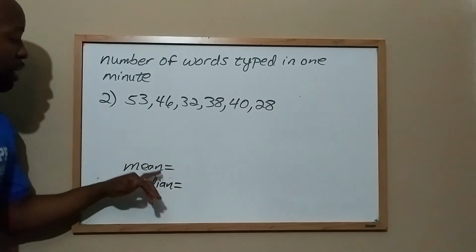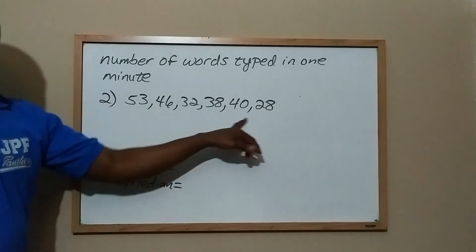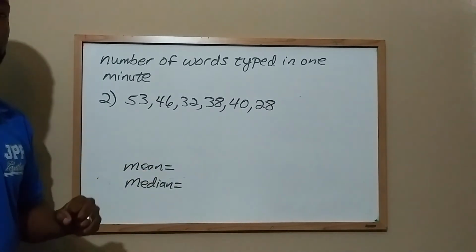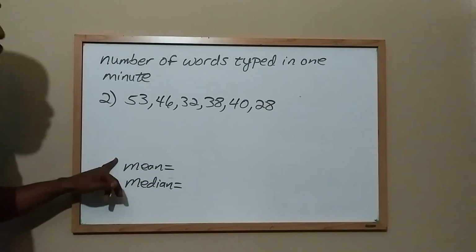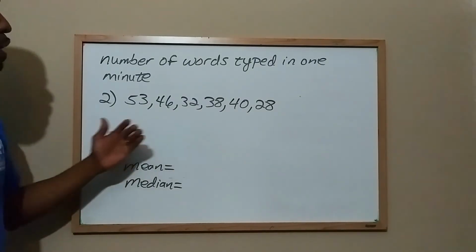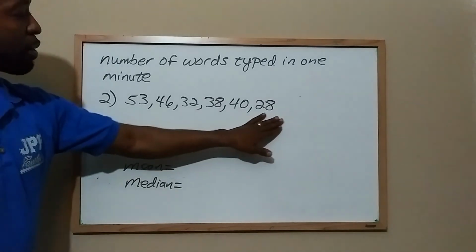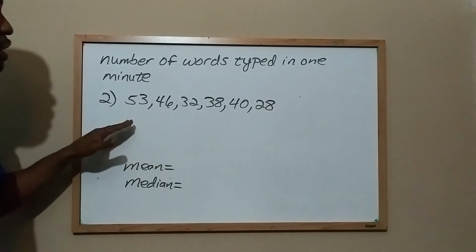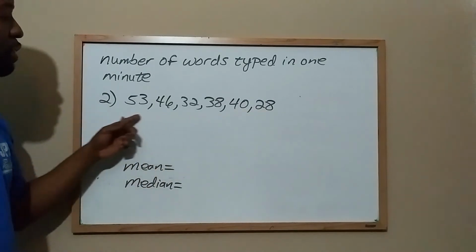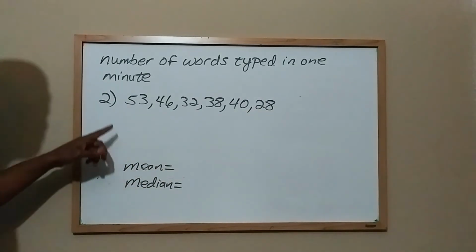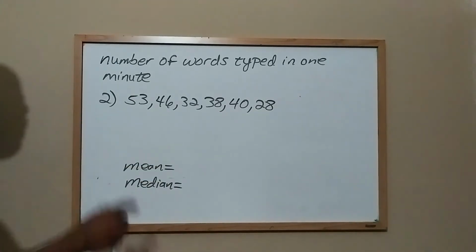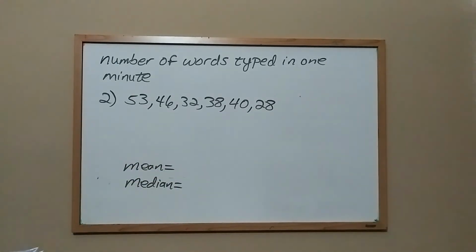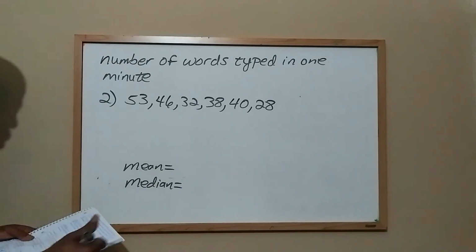So when I calculate the mean, the numbers do not necessarily have to be in order from least to greatest. Keep in mind, another name for the mean is the average. All I have to do is add up all of the numbers, get a total, and then divide by the total amount of numbers that I added up. All right, so let's add up the numbers. 1, 2, 3, 4, 5, 6 numbers. If I add up those 6 numbers, I will come up with a total of